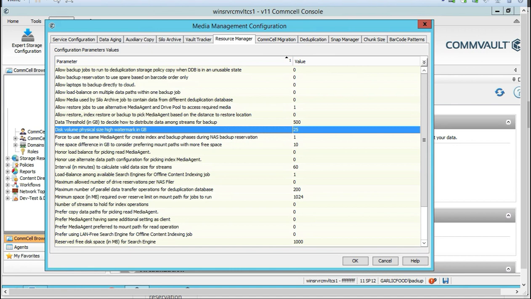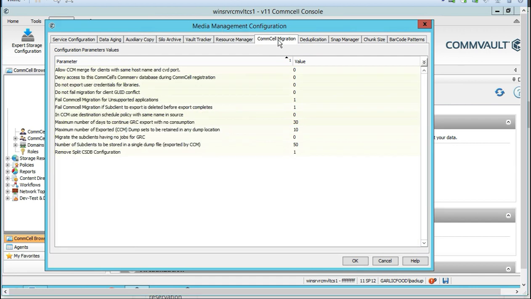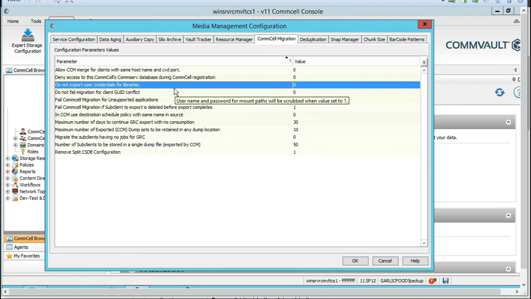What's going on? The next thing is the CommCell migration. So one on here would be, yeah, here we go: do not export user credentials for libraries. You can just highlight over it and it'll tell you what it does, but you have a CommCell migration, meaning you're moving your CommCell, your CommServe essentially, to another server, whatever that is. Maybe it's a beefier server, I've seen that before. Maybe it's newer hardware. You're going from a Dell to an HP. Why would you do that? But let's just say,